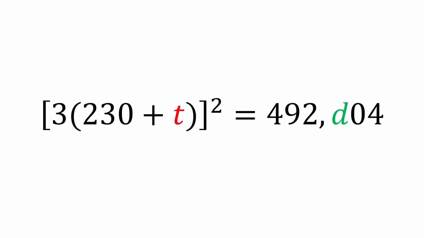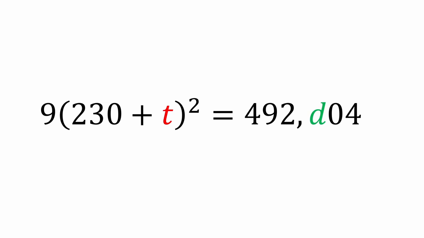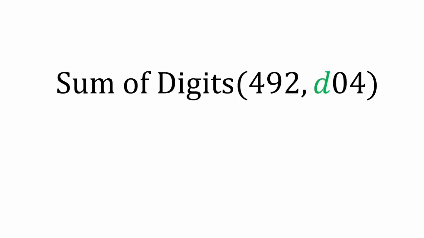So, how are we going to attack this little problem? We'll start by squaring the left side. Since we have a factor of 9 on the left side, the 6-digit number on the right must be divisible by 9. Recall that a number is divisible by 9 if the sum of its digits is a multiple of 9. If we add up the digits in our 6-digit number, we get the following,